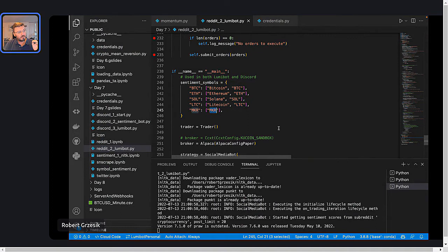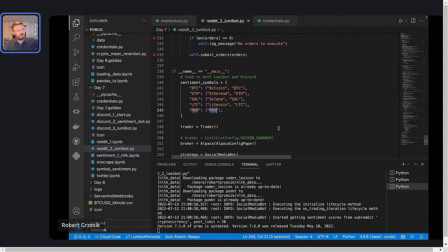And depending on which one got mentioned the most and had the highest sentiment, a sentiment of 1 would be something like, I love Bitcoin, it's the best coin in the world, and I want to buy tons of it. I think it's awesome. That's a very positive sentiment, talking about Bitcoin. Or you could say, I hate Litecoin. It's the stupidest thing I've ever heard of. Why would anyone ever want to buy this nonsense? That's a very negative sentiment.